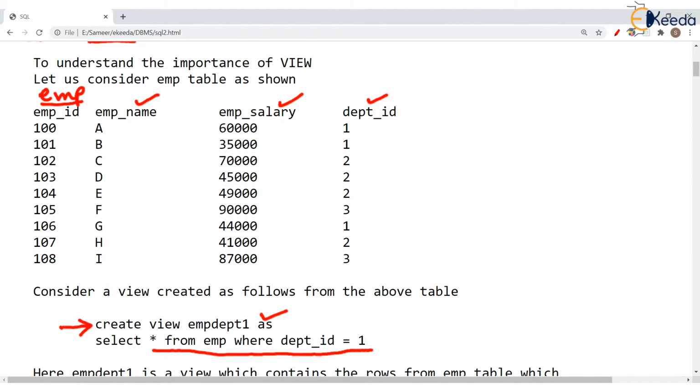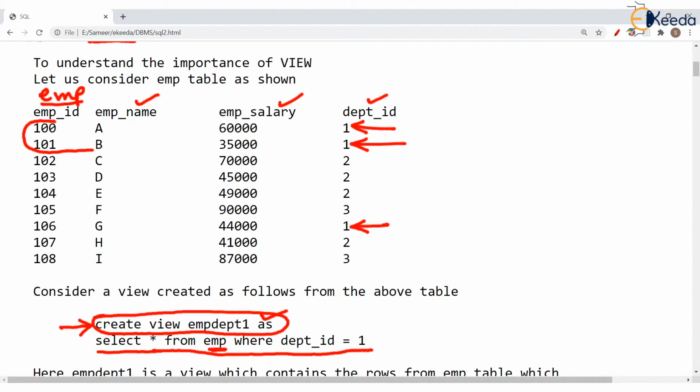Now you just ignore this portion, create view, first of all. Okay, and have a look at this select statement. What will this select do? It will select from EMP table those rows where department ID is 1. So this row will be selected because department ID is 1. This row will be selected and this row will be selected. Correct? That means employee number 100, 101 and all these columns will be selected, and this one, 106, will be selected.